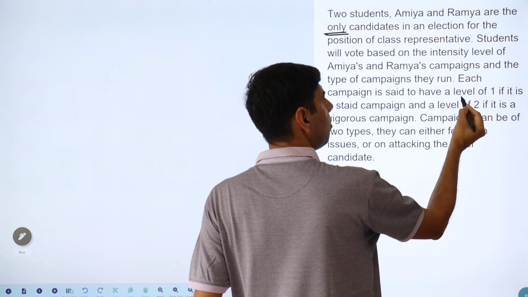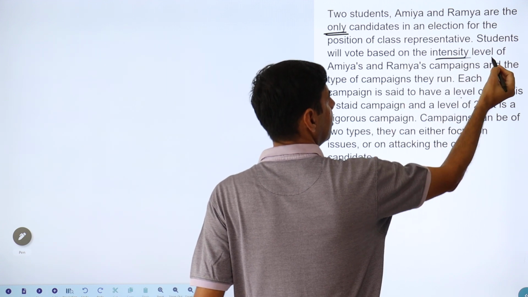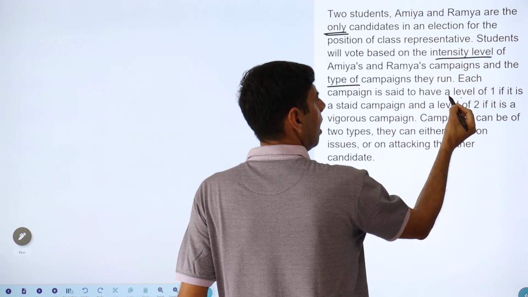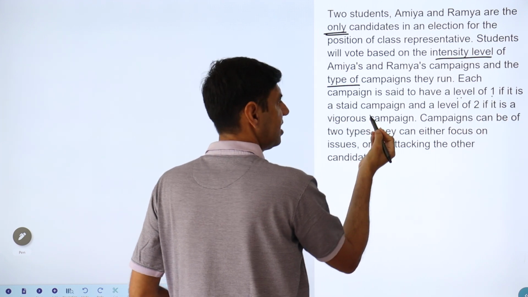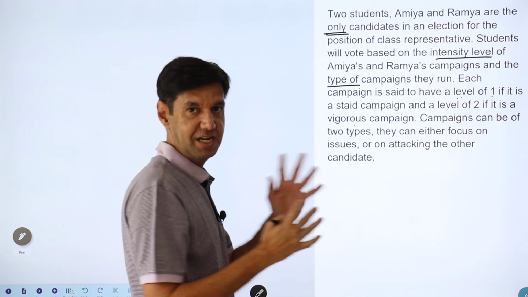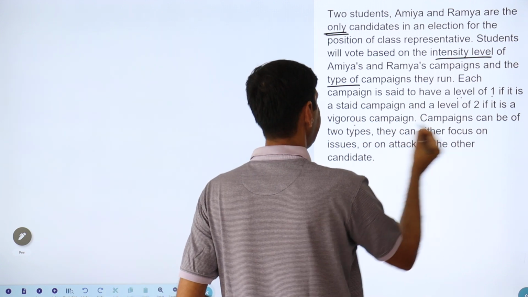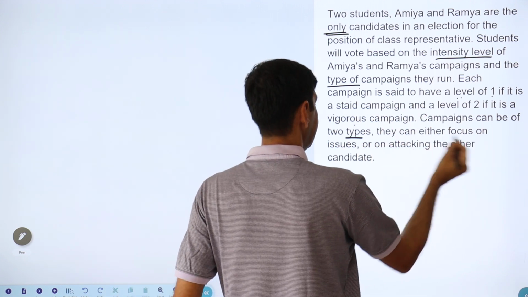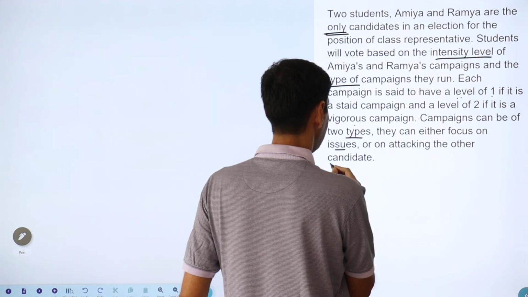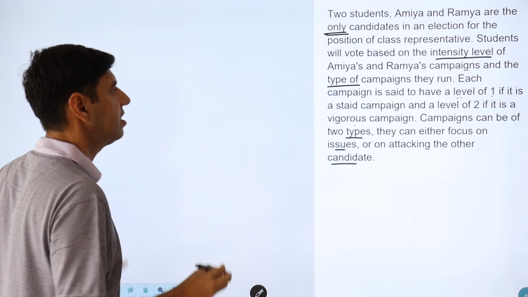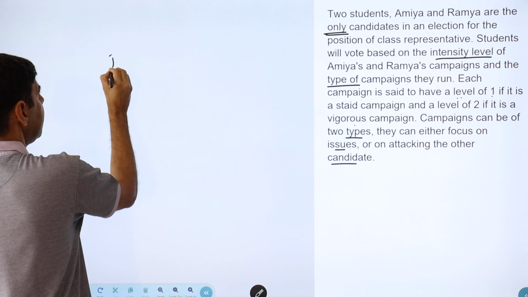Each campaign is said to have a level. So this level might refer to the intensity level. A level of 1 if it is staid, a level of 2 if it is vigorous. So: staid, vigorous, 1, 2, level. Campaigns can be of a type. They can focus on issues or they can focus on candidates. So what this is talking about is intensity,